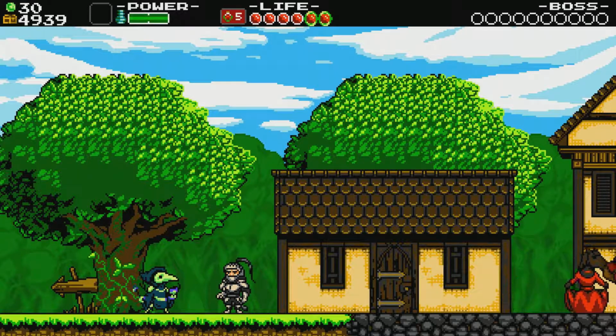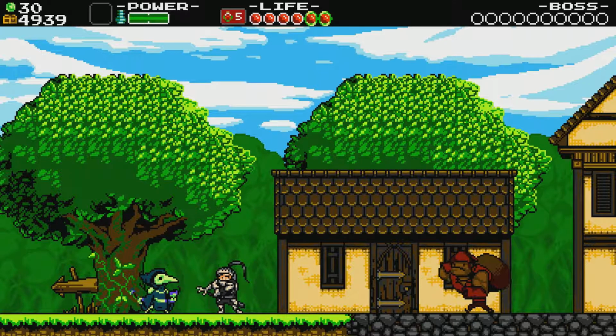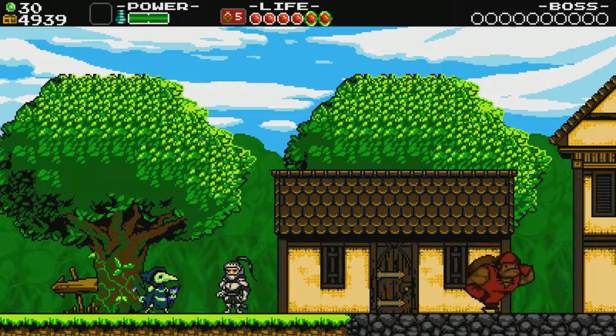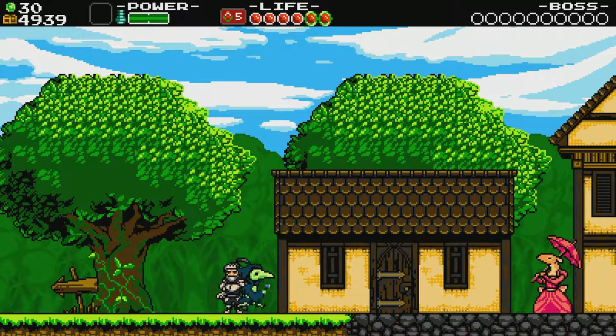You can see all the villagers flee from us as they approach the entrance. Including this big burly guy. Even he runs away. But we can try to enter the village and...